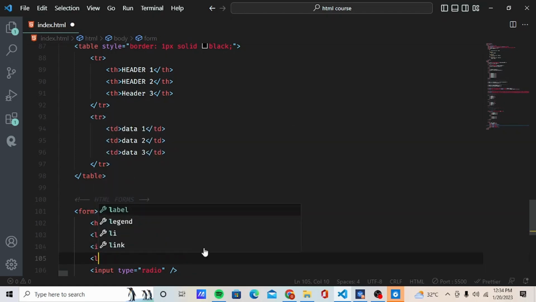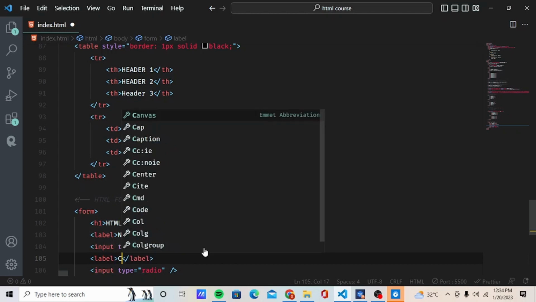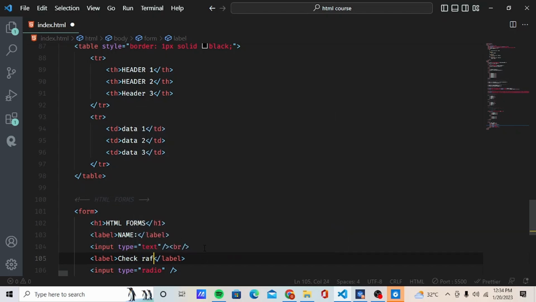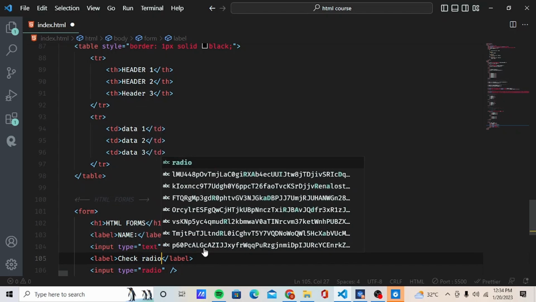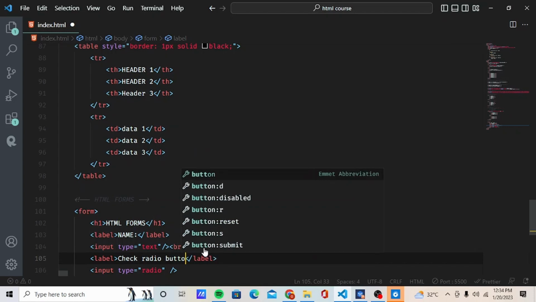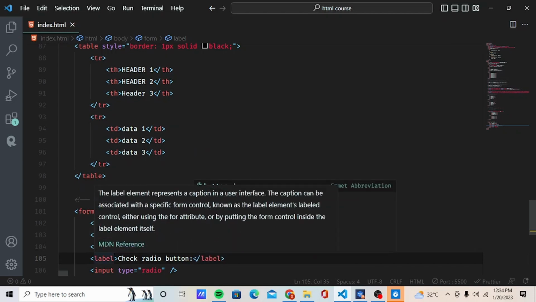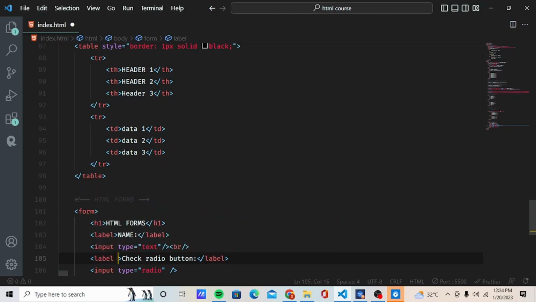Let's say label check radio button. Okay, let's see something like that. Then, like I said, a label element takes a for attribute. Okay, so let's say for,